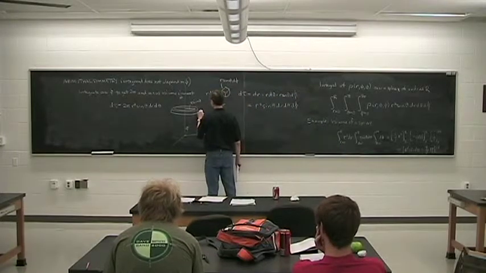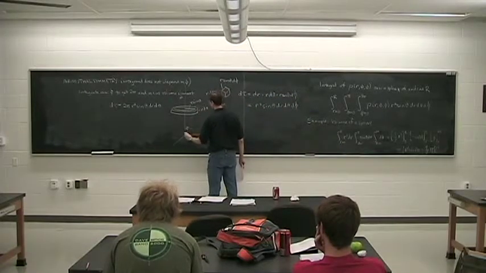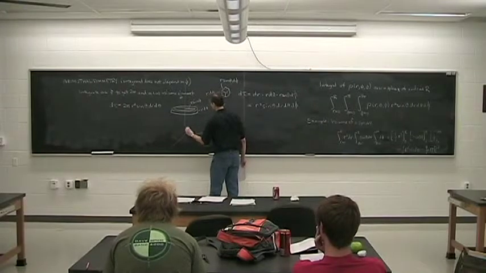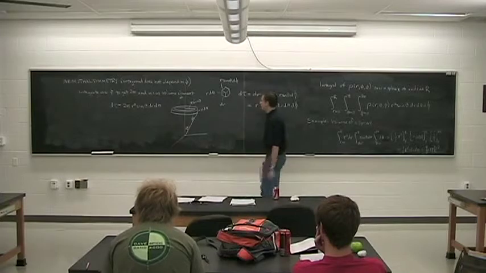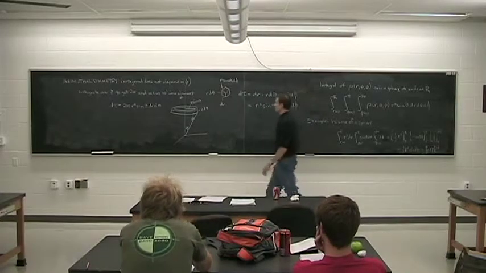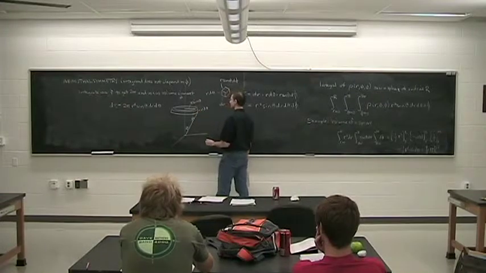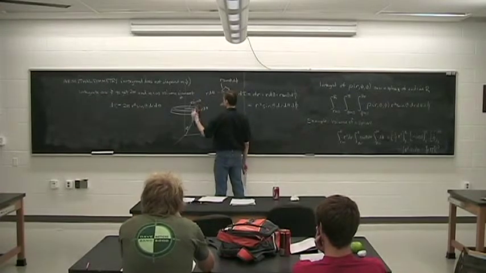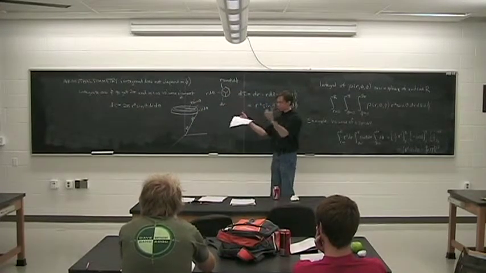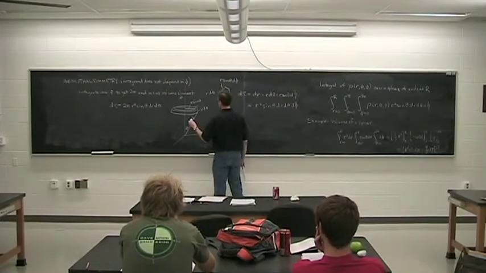And its thickness will be r d theta in the polar direction. So there's my little d theta right there. So I've got a ring who's got a circumference of r sine theta, a thickness in the outwards from the z-axis direction of